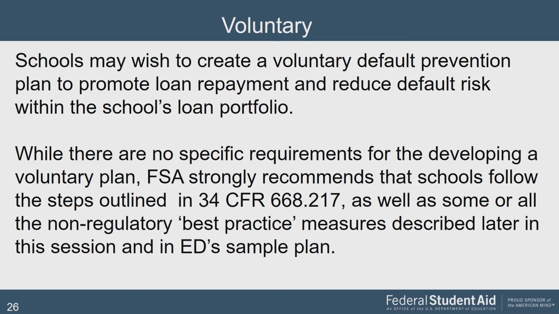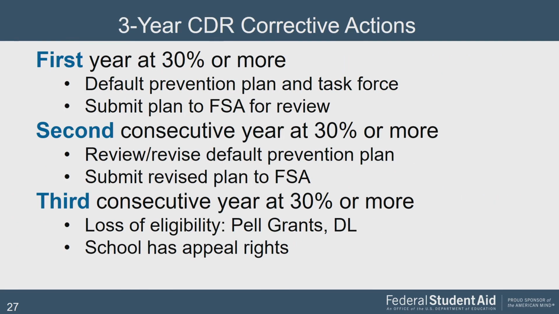We have evidence that those schools who have created plans that are 668.217 compliant have experienced a tremendous decrease in their cohort default rate just by virtue of the elements in that plan, which makes it very important. So again, for the first year, it's 30%. If you're above 30% for the second year, you have to revise that plan, tell us what you're going to do differently, submit it to us, and then we'll review it and make suggestions and recommendations. And of course, if it's above 30% for the third year,